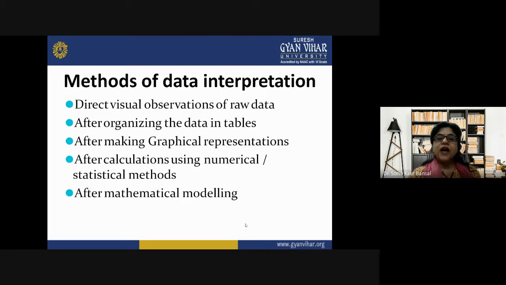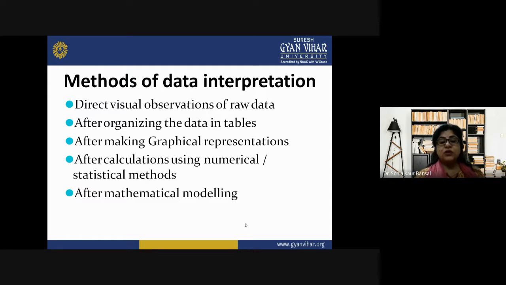Then after calculations using numerical statistical methods, we make graphical presentations. Graphs really help us present the data in a very effective way. So graphical representation is always to the point. Anyone can see your graphs and get an idea of your interpretation and the result of your research. So after mathematical modeling,